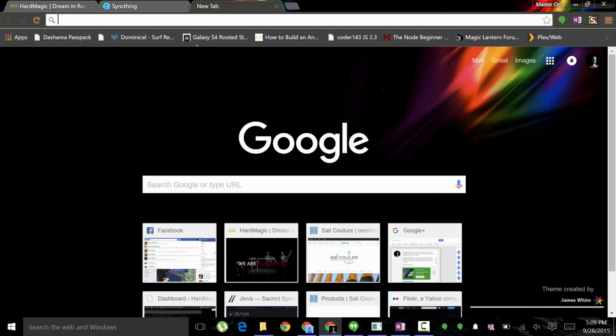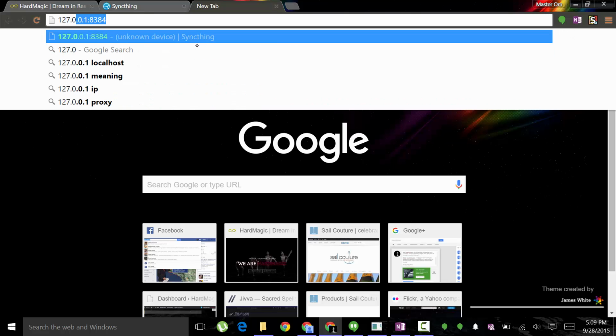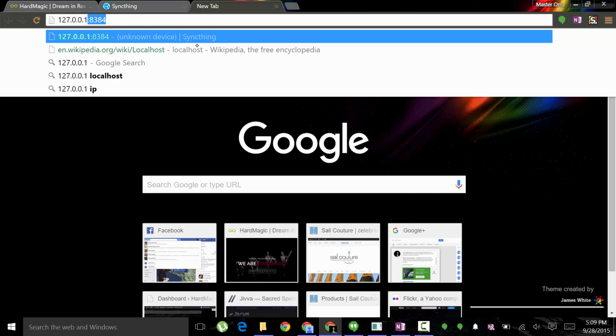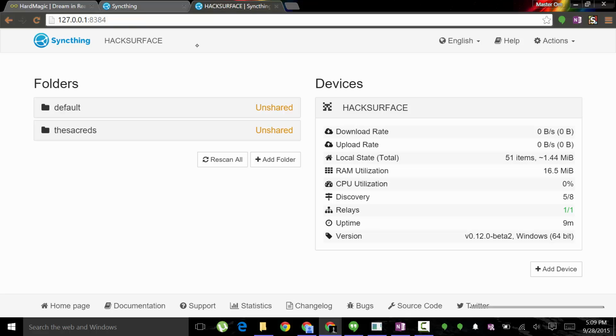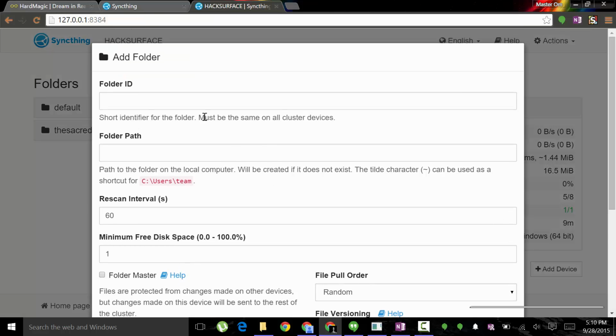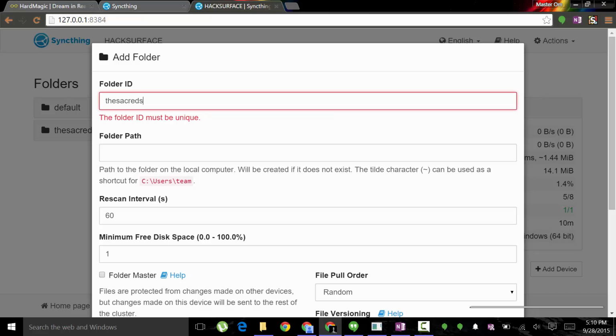Once you do that, go ahead and open up your browser. Now it might do this automatically for you, but it should take you to 127.0.0.1:8384. And going here, this is the SyncThing interface, and you're going to want to add a folder. And when you add a folder, give it the folder ID. Now this must be the same as what I type in here, the Sacreds, all lowercase,